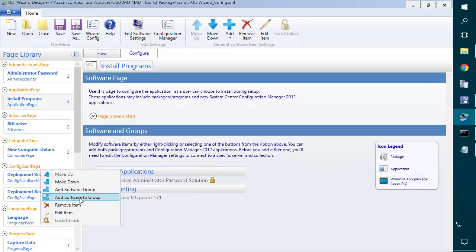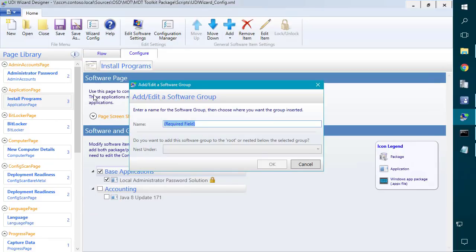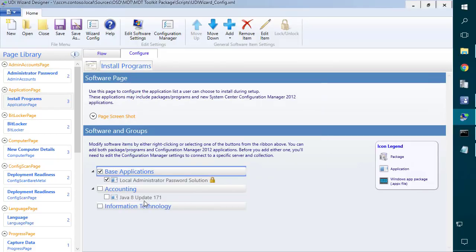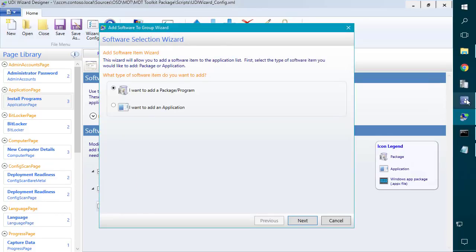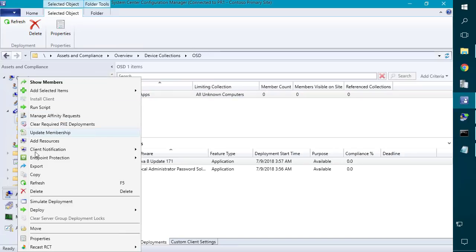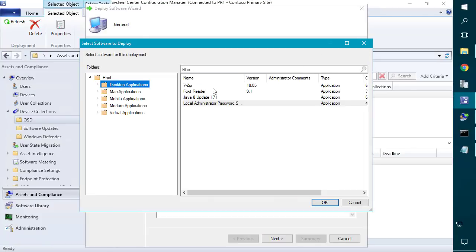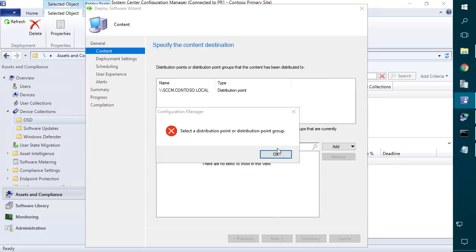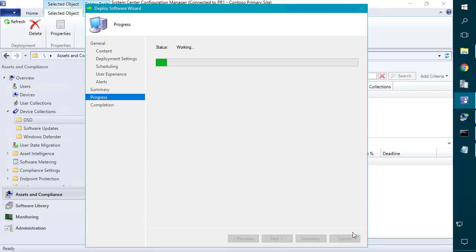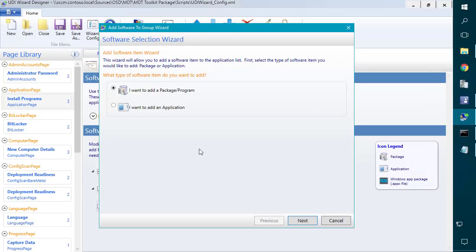We'll also create another department here called Information Technology. We're going to create this as a root level. We're going to add software to group. I'm going to go ahead and deploy the 7-zip application. Target that to this collection. Next for all the defaults. And if we search now,